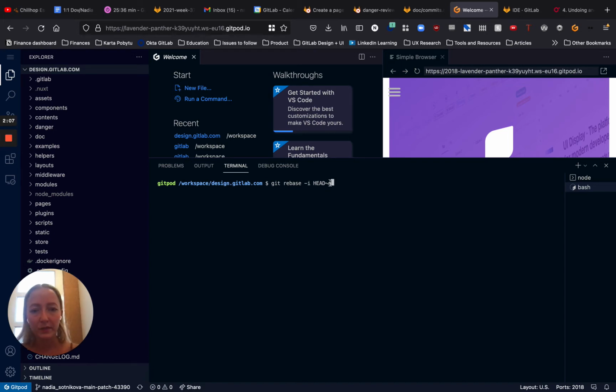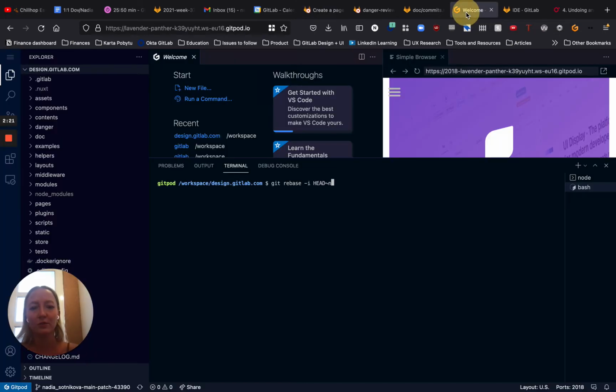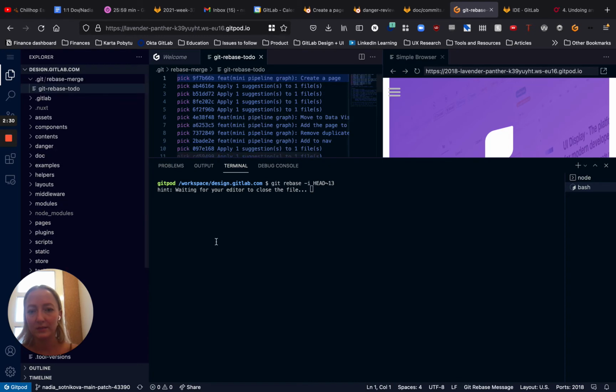So here, this n, you need to replace it with the number of commits you have in order for all of those commits to show up in the window. So I see that I have 13 commits here. By the way, I'm not 100% sure I'm using it correctly, so if you know a better way, please let me know. But yeah, let's just say 13 and go back 13 commits in the past. Alright, so